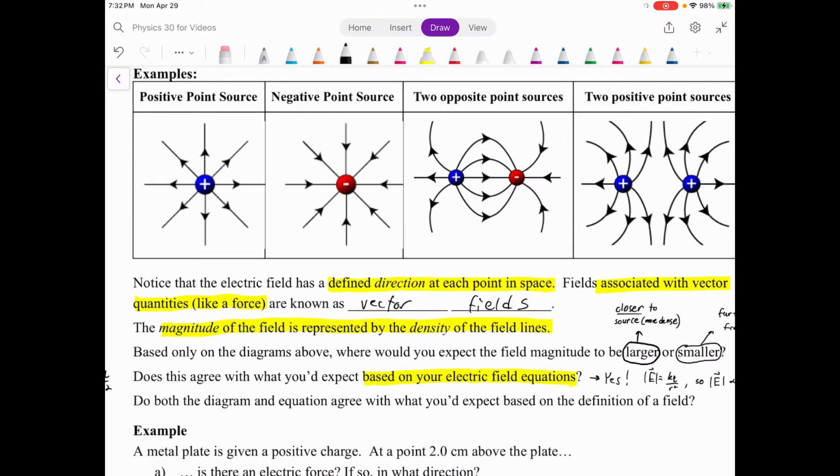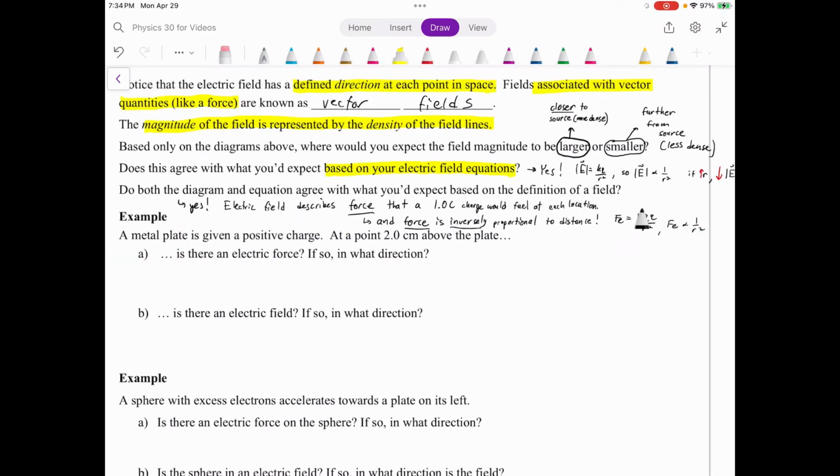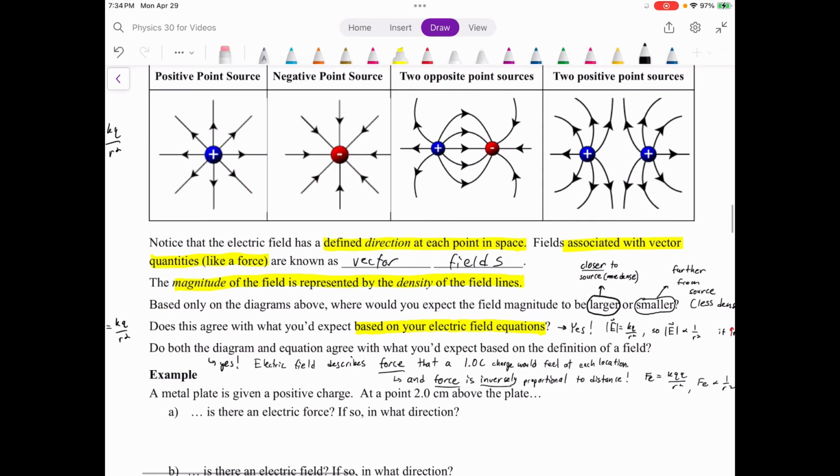We know that the force between two charged objects is kqq over r squared, right? So same idea. If r gets larger, the force between the two charged objects will get smaller, right? And so since electric field is just telling us about what the electric force on a positive 1 coulomb test charge would be like there, or there, or there, right? We would indeed expect that force to get weaker as we get further away, meaning the electric field is weaker